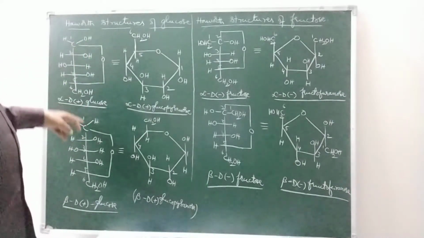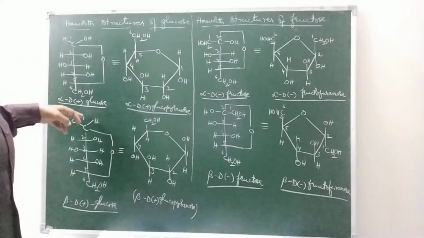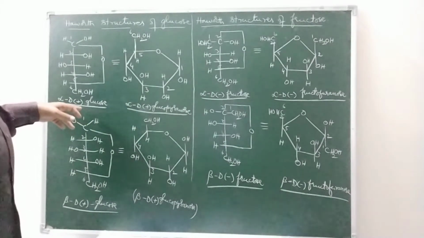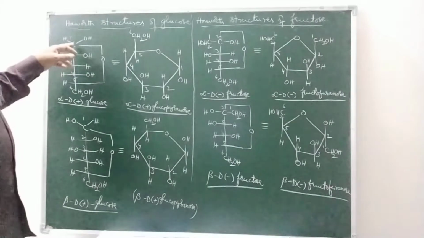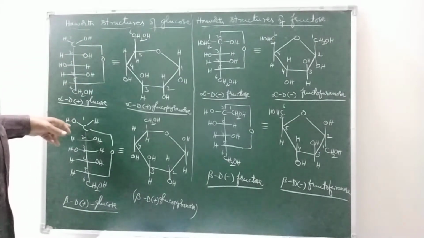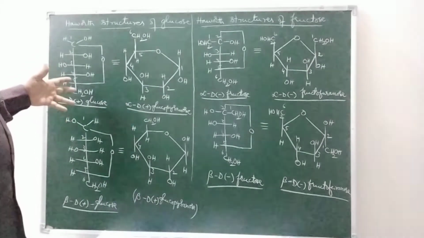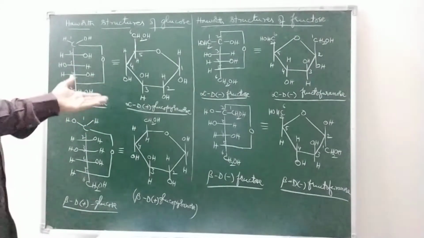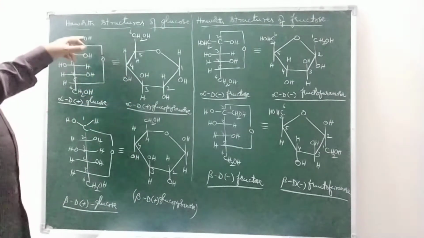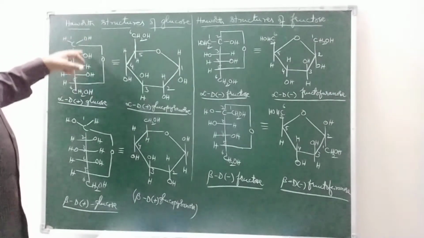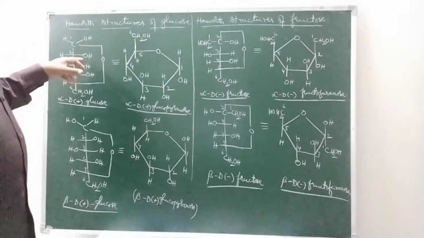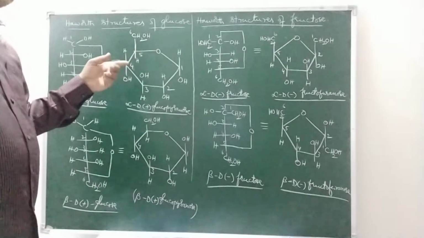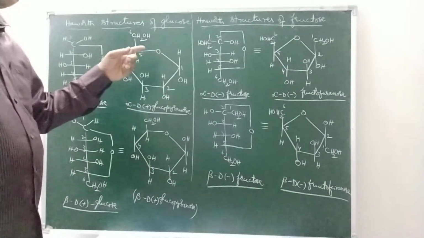In these two structures, on the anomeric carbon, the spatial arrangement of the atoms or groups is different. So these two are called anomers, of course. Here the OH group is present at the right hand side and here the OH group is present at the left hand side. These two can be expressed in Haworth forms, or denoted in Haworth structures like this. The atoms or groups that are present at the right hand side should be kept at the bottom in the structure. I think I might have written it at the top side.